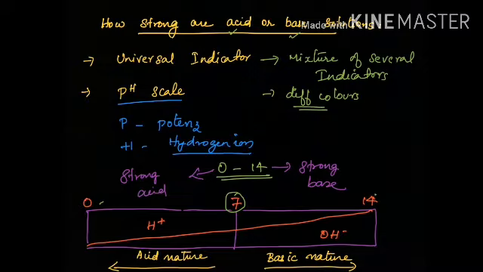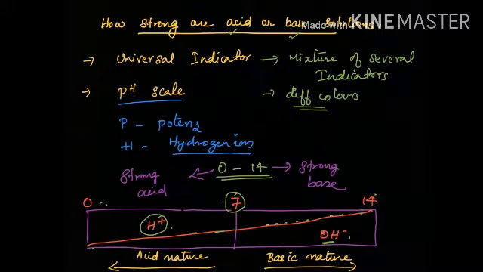Suppose you are measuring the pH value of a solution, and the value of that particular solution is lying between 0 to 7. Look at the graph over here: it has more H plus ions. The amount of H plus ions is getting decreased when we go from left to right. So what about the OH minus ions? They are getting increased, right? Here it is more amount of H plus ions. Here it is less number of H plus ions but more amount of OH minus ions.